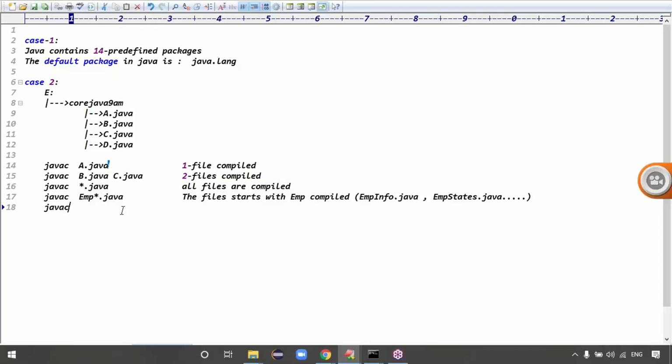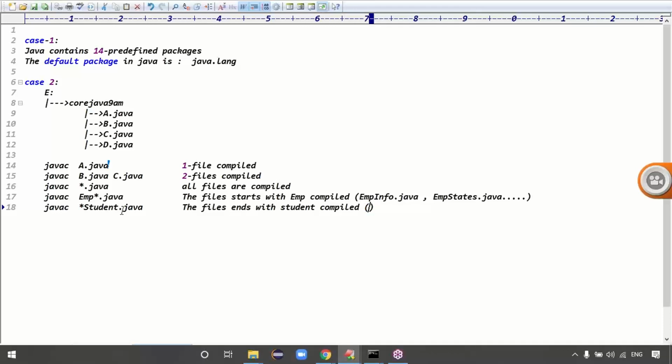Exactly. So the next one is javac *student.java. *student.java means what? Which files are compiled, guys? The files that end with student are compiled, right?